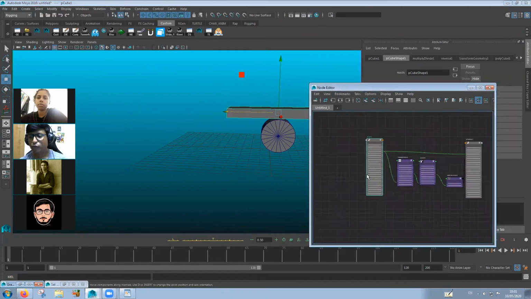And this is very useful, and it is not only limited to, say, rigging, it is also used in texturing as well. So, for example, if you have an image and you want to invert the image, say black ka white karna, and you have to do white ka black. So you don't have to go to Photoshop, like invert the image and all. You just have to put in an inverse node, and then everything will be done.